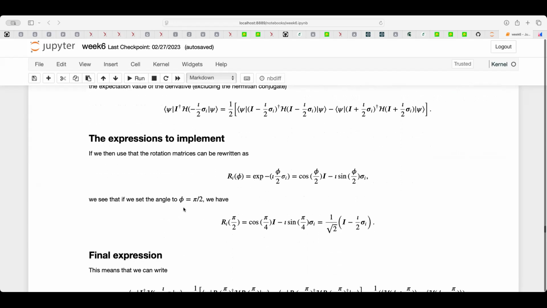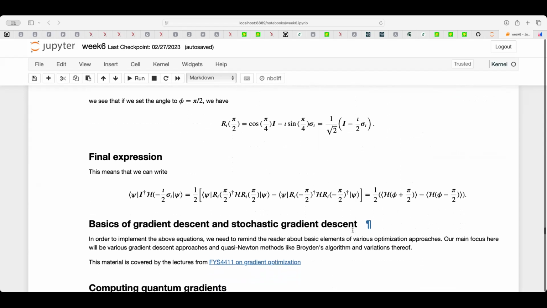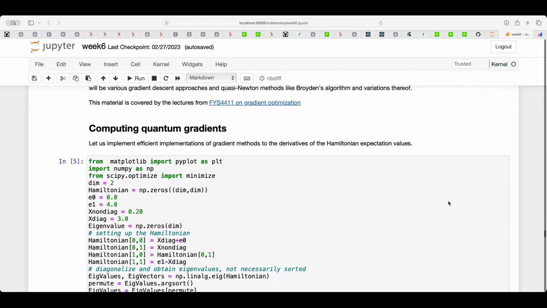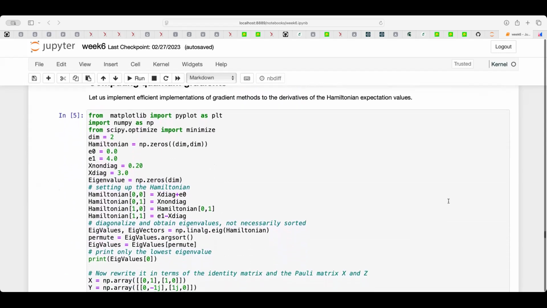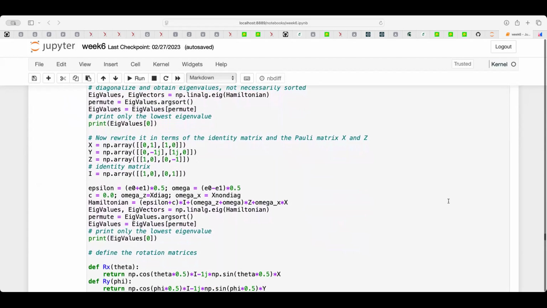And with an angle phi equal pi half, this corresponds to this expression. And if you do that, you can actually rewrite this like this, which is the same as two distinct expectation values. This is the expression which is encoded in the programs here. So when we are computing the quantum gradients here, if we now go back to the same code,